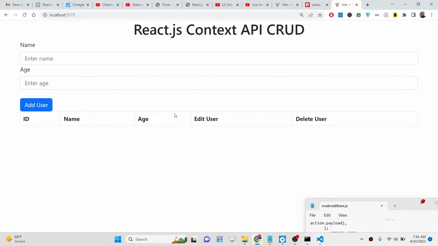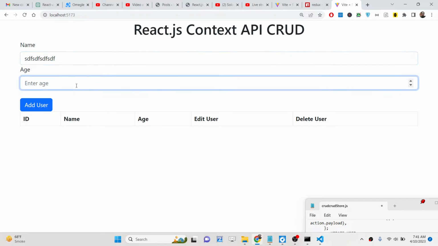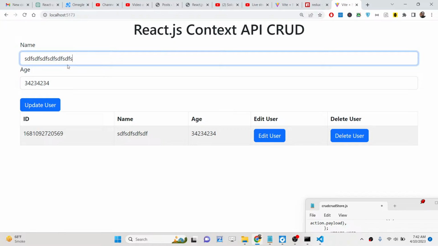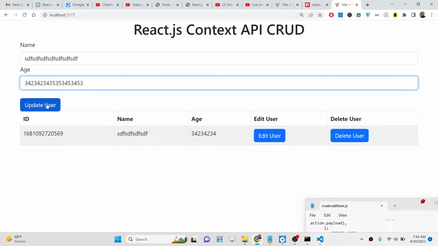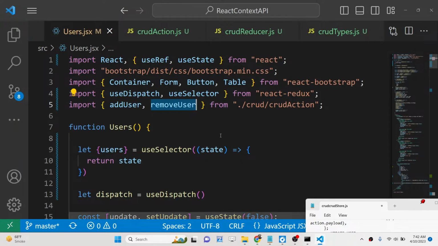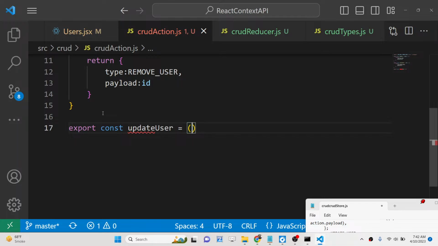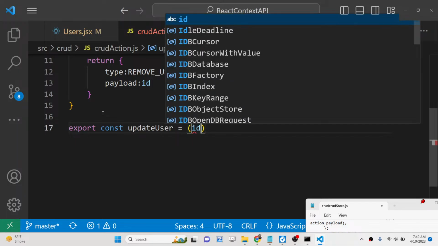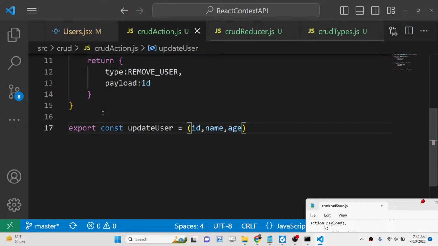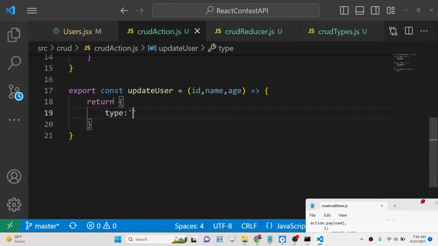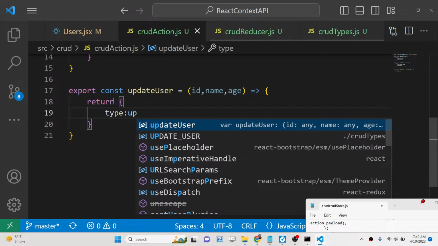Now we have the update operation. Whenever we click the update button, guys, you will see these details automatically pre-filled right here. But whenever I try to update, it is not working. To make this work, we need to add our action file. First of all, we will say export const updateUser. This time also, guys, it will take three properties: ID, name, and age. Then it will again return an object with two properties. Type will be update user,